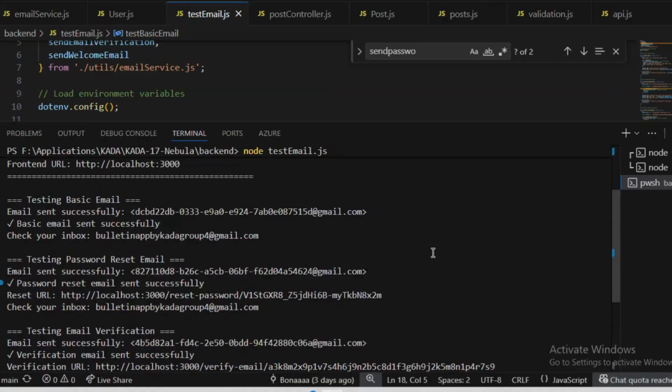And for the reset URL, for example, here, it looks much cleaner than traditional crypto tokens, and it's thanks to NanoID.